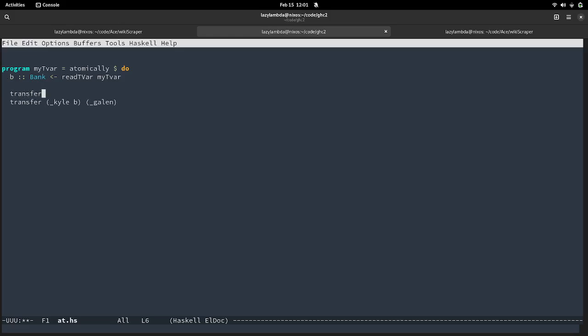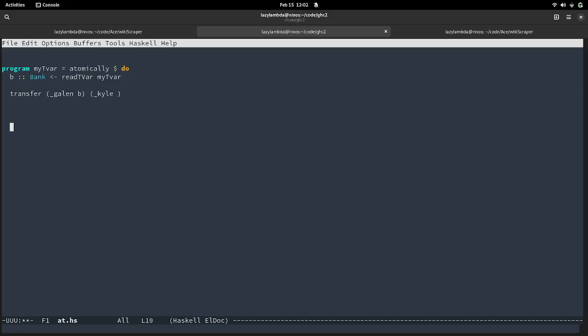But if we instead transfer from Galen to Kyle, then this is not going to work. Actually, an even better example is just to do one singular transfer that will fail.